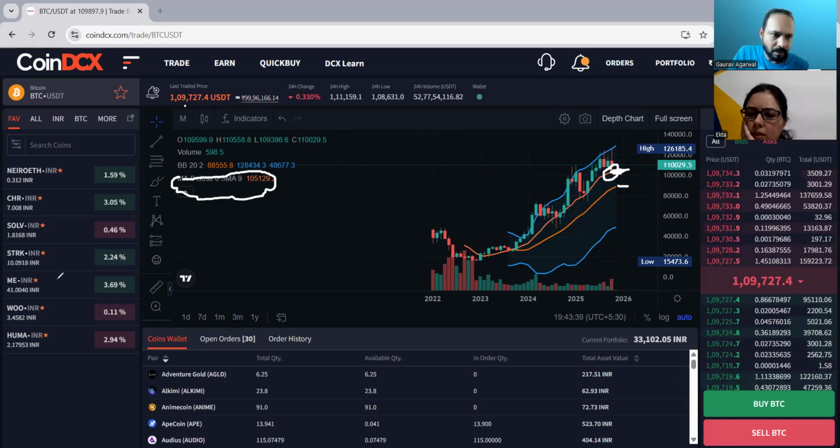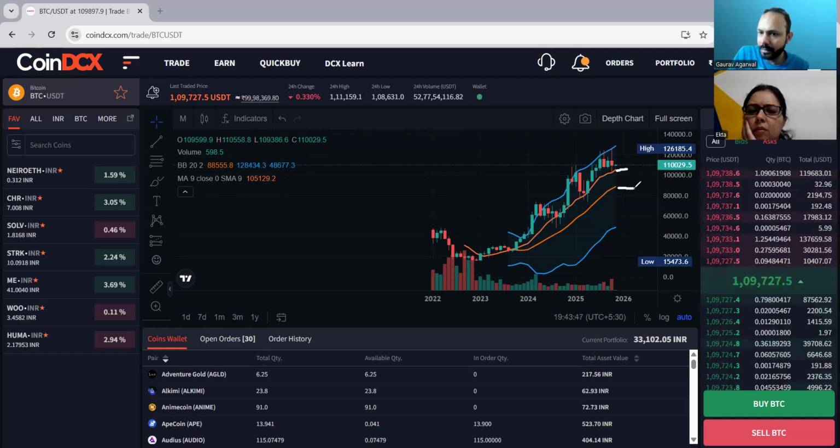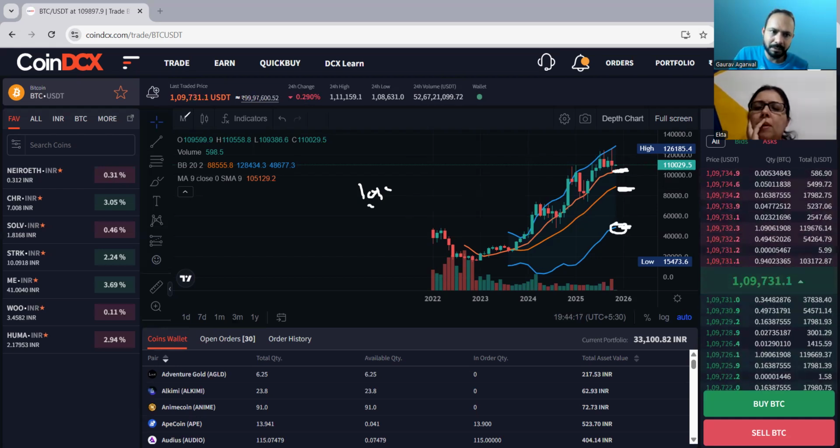So what you can do is use this particular thing and try to invest at different levels. Some part you can invest here, some part you can invest here, and the last part you can invest here. Let's say you want to invest 10K. Then 2.5K you can invest here, now. Some 2.5 or 3K once it comes near the middle Bollinger Band, at that time you can invest, and the remaining, around 4K or 5K, you can invest once the price comes near the lower Bollinger Band, since I am checking the monthly chart.